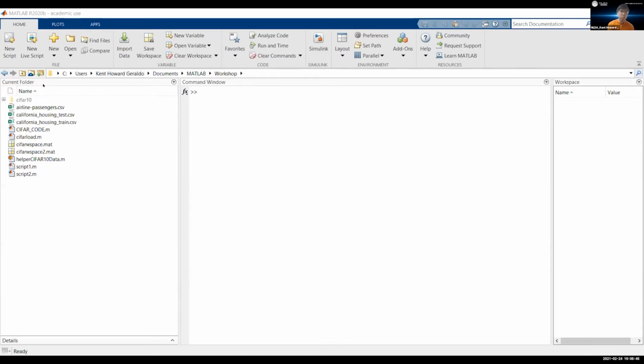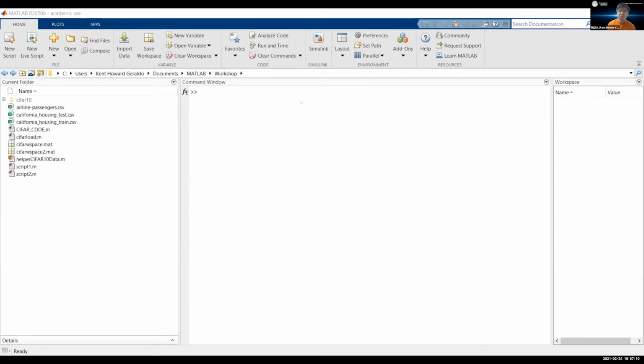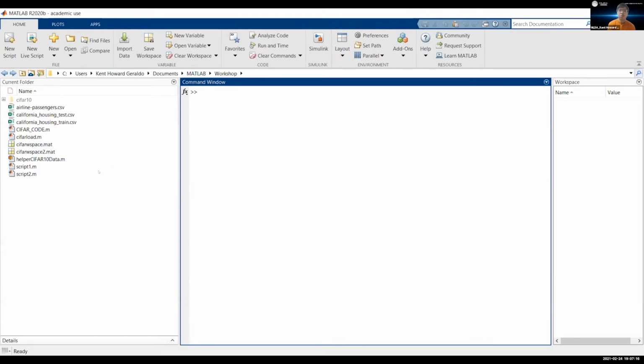Essentially, when I have this window open, I can call in the CSV files or the codes directly. Another thing you can do with this command window is, if you see here, all my folders are whited out. This means that all these whited out folders, except for Matlab, are not in my path. Path is essentially like a search machine or folder privilege. When a folder is in my path, I can access files directly from it. And when you have two files in different folders in your search path with the same name,